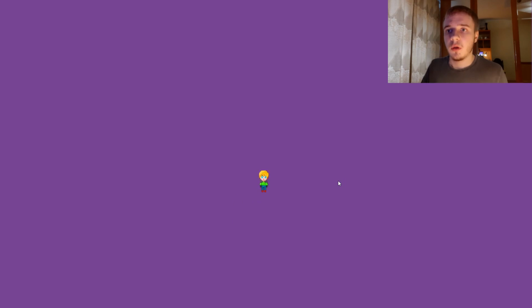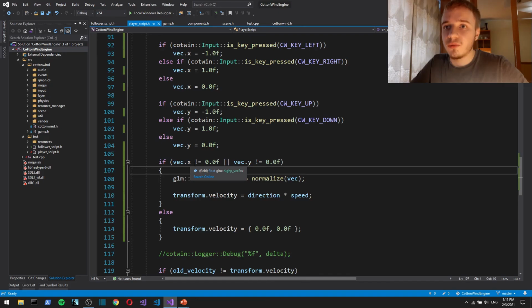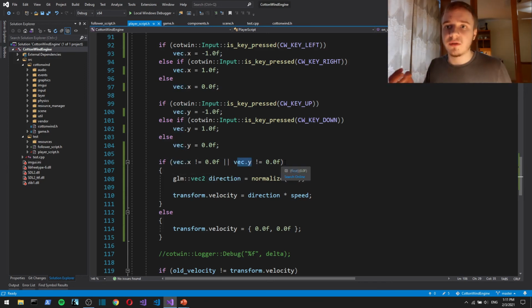Okay. And as you can see now, it doesn't really look like the player goes faster. For example, here and here it moves with the same speed. So here we check if the vector is not actually 0, because in normalize we divide by the length of the vector, and if it's both zeros, then the length is 0 and we divide by 0.